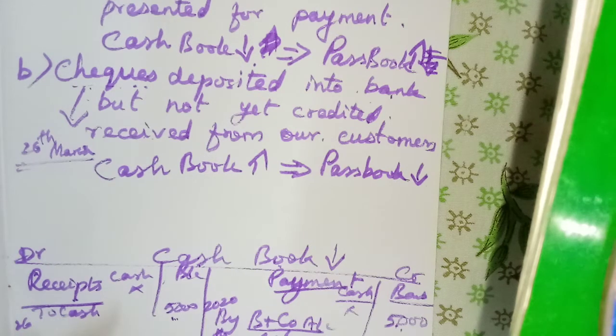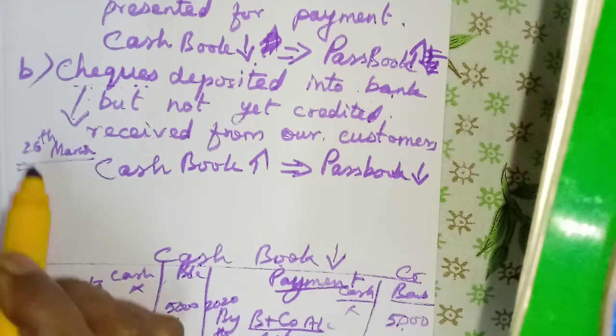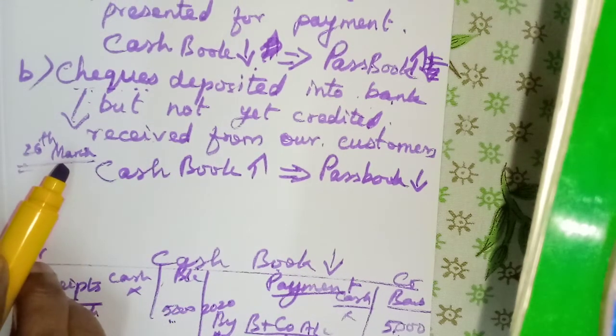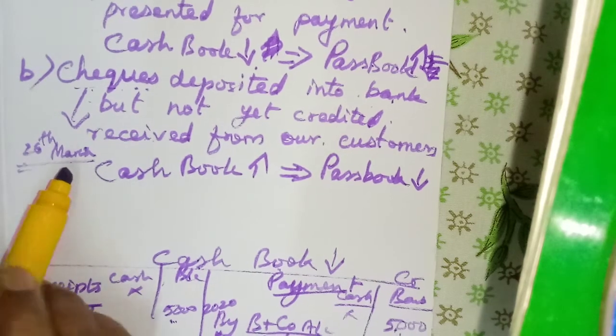Okay, if there is difference in the amount at the end of the financial year, we cannot correct anywhere, or we cannot strike down any transaction or item. But what we have to do, we have to prepare another one statement, bank reconciliation statement. So here we should analyze why the difference occurs between these two balances. Okay, these two books, one the cash book bank column, and the bank statement or the bank passbook.